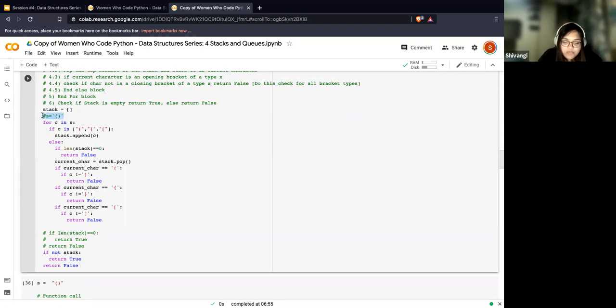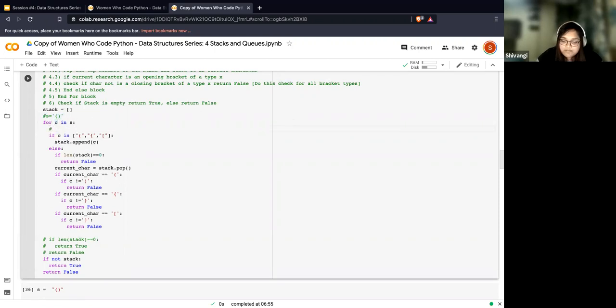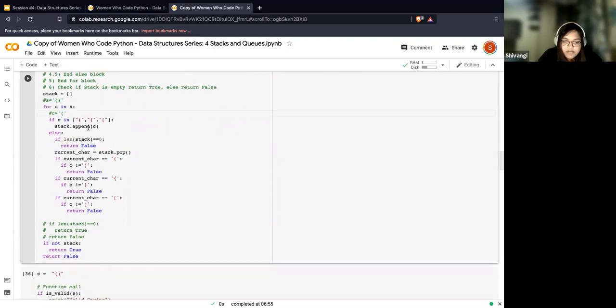If I had to walk through this, the first character C is going to be the opening round brace. Since it is in this list, it's an opening bracket, I'm going to append it to the stack. So now my stack will have this opening round bracket.